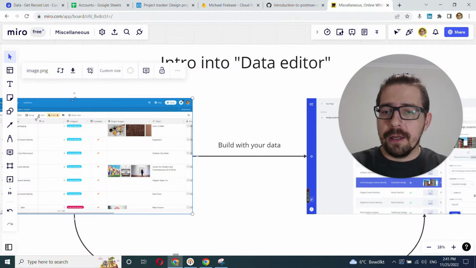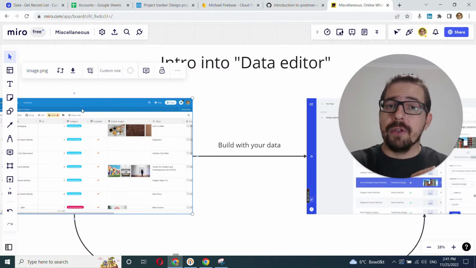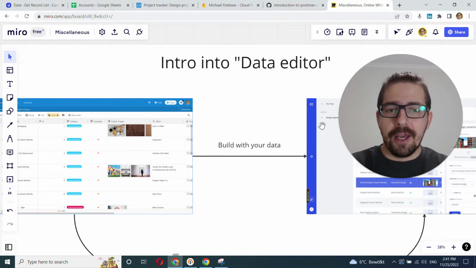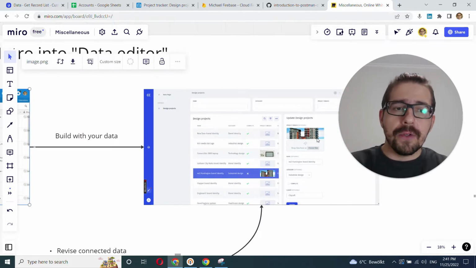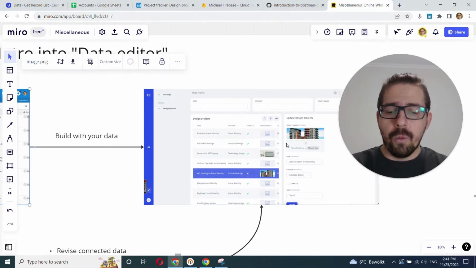So we have our data, in my case it's Airtable, and then after connecting this data to our application, to our builder, we build our application, and then at the end of the day, we get our app, and that's it. But there are a few flaws to this process. There are a few drawbacks. What if